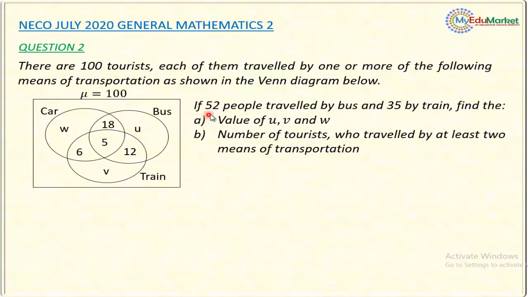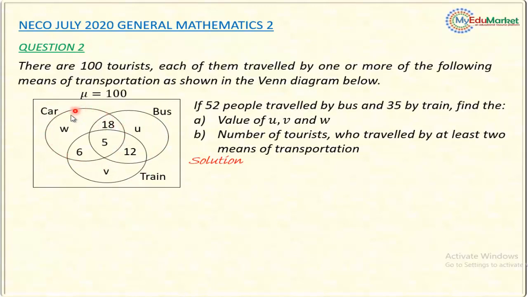So the question says if 52 people traveled by bus and 35 by train, find (i) the value of U, V, and W. And for question (ii), we have to find the number of tourists who traveled by at least two means of transportation. So let me attempt to answer that question now. Solution to that: if I go back to the Venn diagram again,